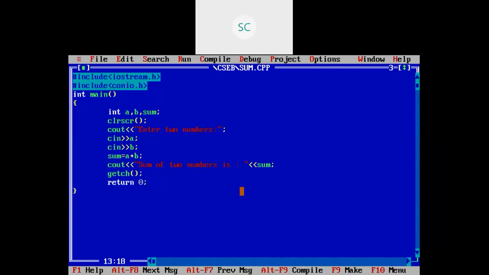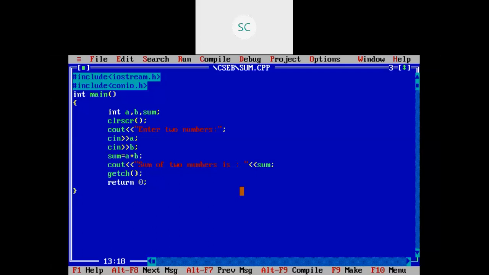After operators concept and data types concept, we will do more programs on this. For better understanding of the cin object and cout object, I have taken this example. Just remember cin is similar to scanf in your C language. cout is similar to the printf statement in your C language. But in C language, printf is a function, but here cout is an object.